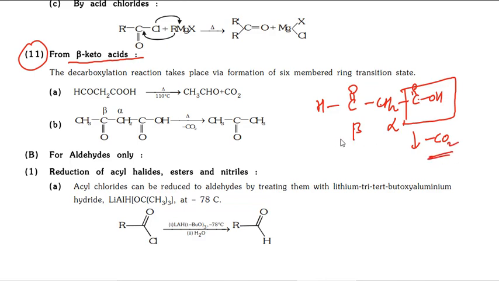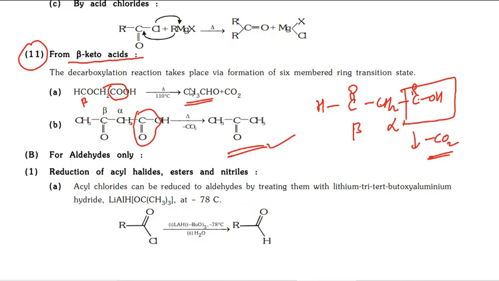So whenever beta keto acids are there, by heating carbon dioxide is released. Just remove this carbon dioxide, because the beta position keto group is there, then you will get CH3 C double bond O CH3. So from these methods, from beta keto acids we can prepare